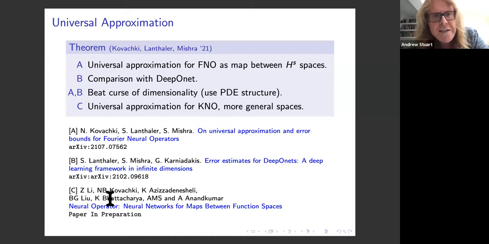So the point of this slide is to say that working within this class of neural networks that map between spaces of functions, there is a universal approximation. And then there are deeper questions about the cost of doing this in terms of size of the network, evaluation of the network, and so forth, amount of data. Those are questions which are going to need further analysis going forward, and some of which is touched on in the work of Sid Mishra and Sam Lanthaler.